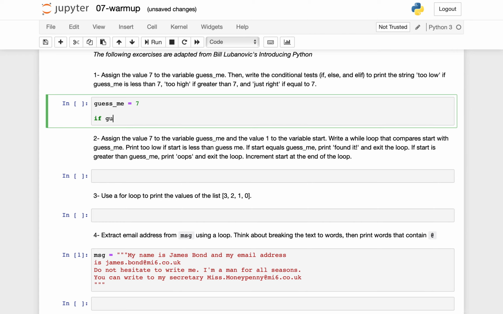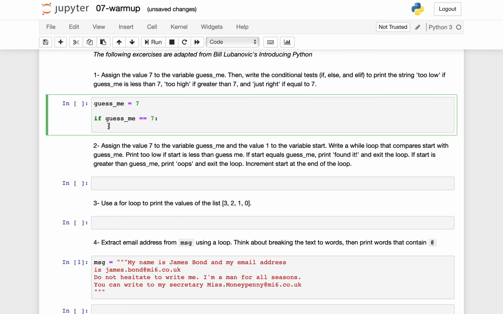So the syntax of the if statement, if, and then condition. Again, the condition has to evaluate to a boolean, so if guess me is equals to 7, colon, and notice that we are now in the block belonging to the if statement, right? That's the indentation, and now I'm going to do print just right,